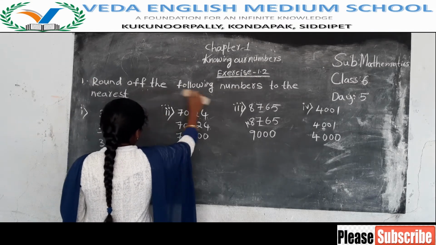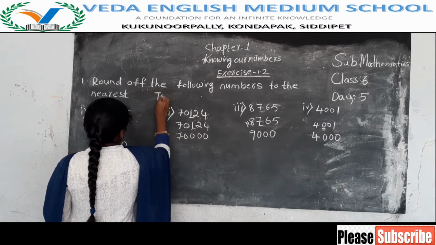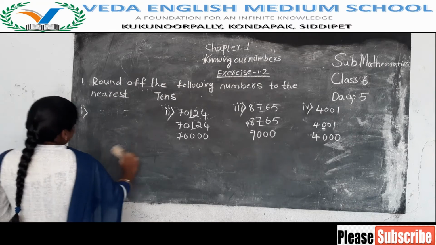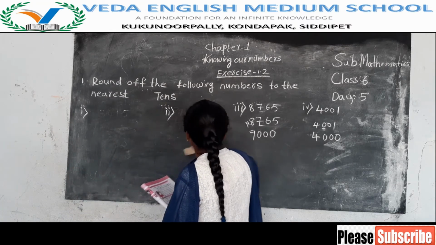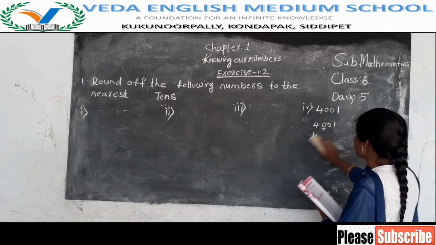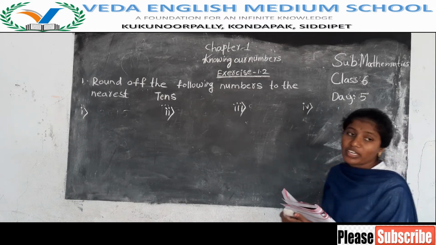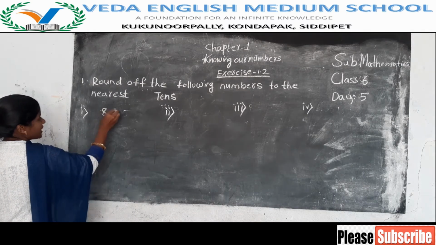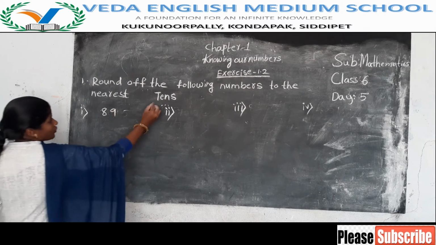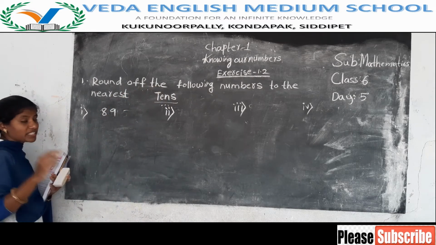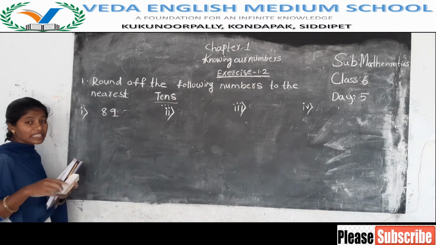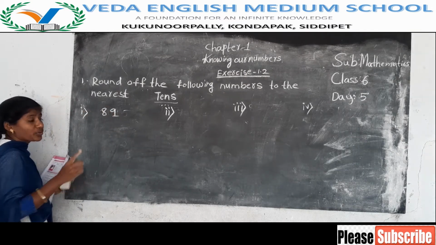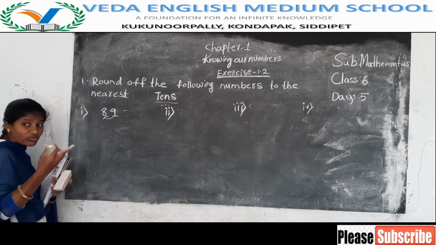First bit answers. Those who have completed, check once. Now they are asking to find for the nearest tens. So which place value do we have to check? Very good, the ones place value. Before the place value we have to check. What is the place value before tens? Ones. So we have to check the ones place number. First question, 89. They are asking for the nearest tens, so we check the ones place number. What do we have in the ones place? 9. Is 9 above 5 or below 5? Above 5. If the number is above 5, what do you have to do? You have to increase the next number by 1, that means plus 1.